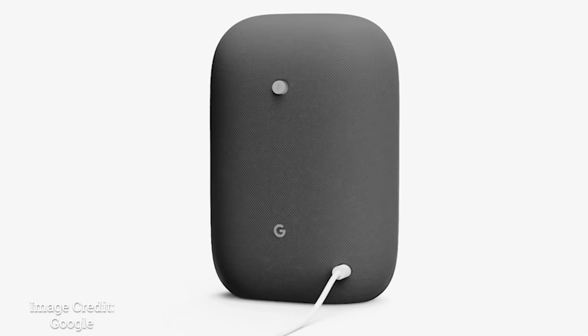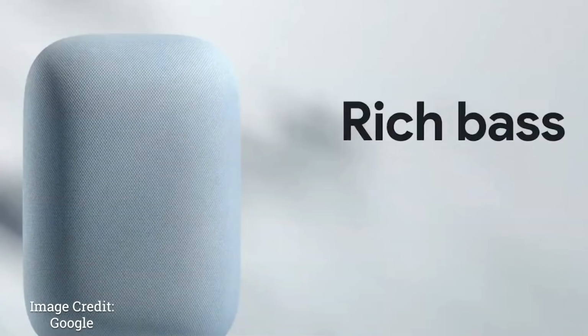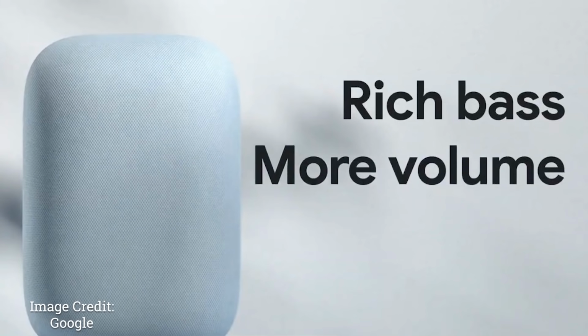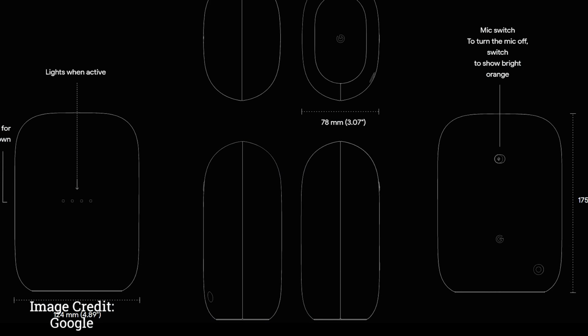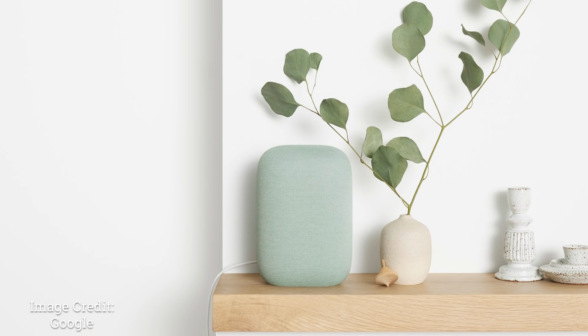Today I'm going to show you the new Nest Audio. This is the brand new speaker being launched by Google to replace the original Google Home. It's being touted with a 50% bass improvement and a 75% volume increase. And this is all coming from a 75mm woofer and a 19mm tweeter that has been put into this Nest